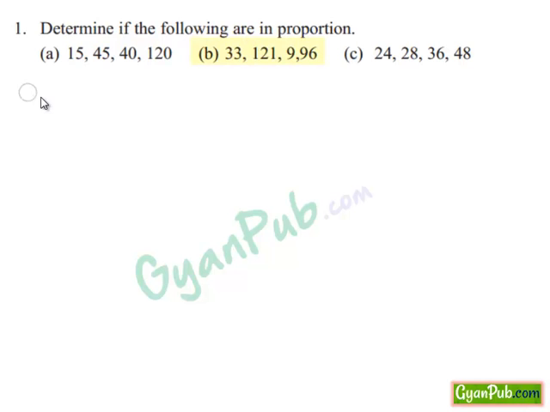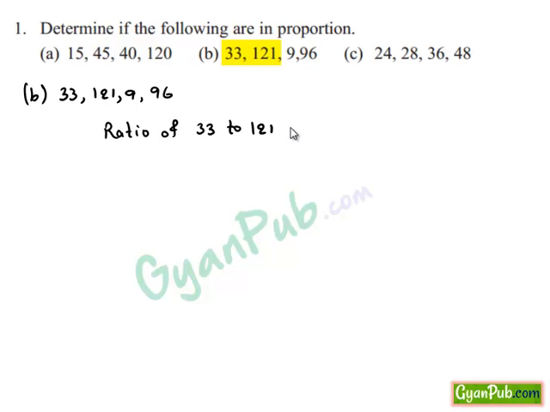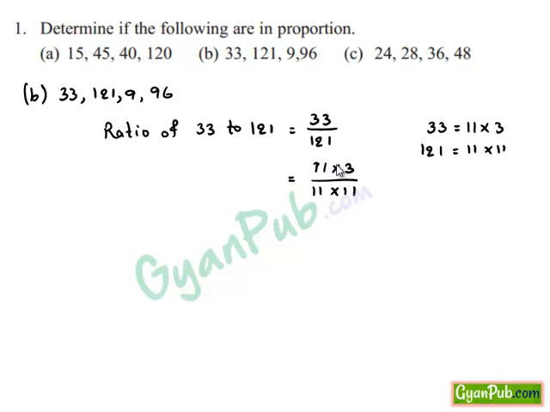Now take down the B bit, that is 33, 121, 9, 96. Now find out the ratio of 33 to 121. This can be written as 33 upon 121. Here 33 can be written as 11 times 3 and 121 can be written as 11 times 11. By rewriting this, 11 times 3 upon 11 times 11. 11 in the numerator and 11 in the denominator gets cancelled, which gives the ratio of 33 to 121 as